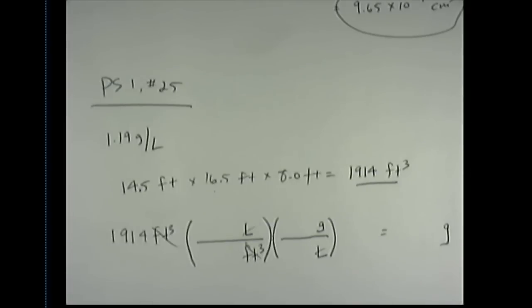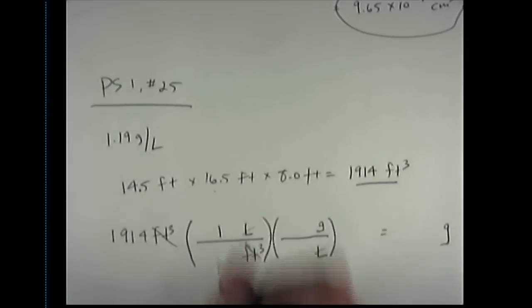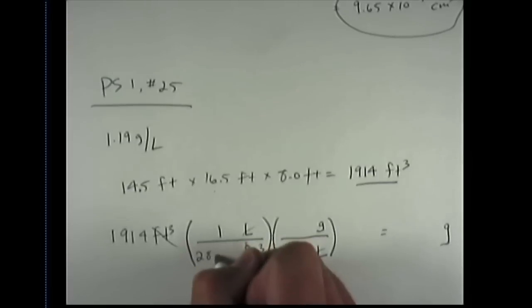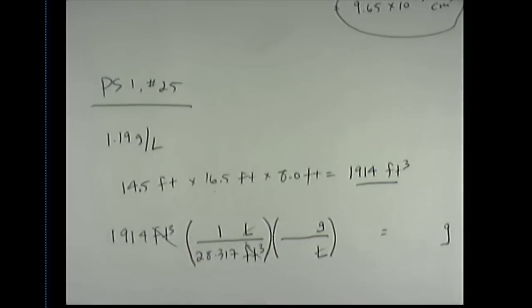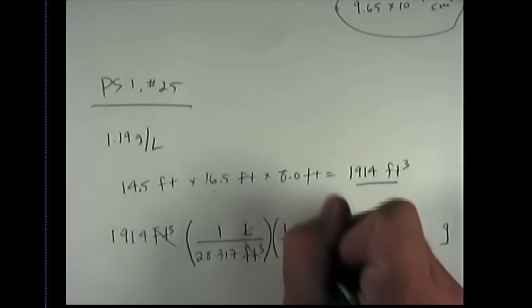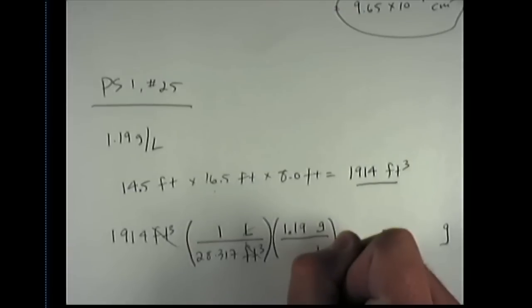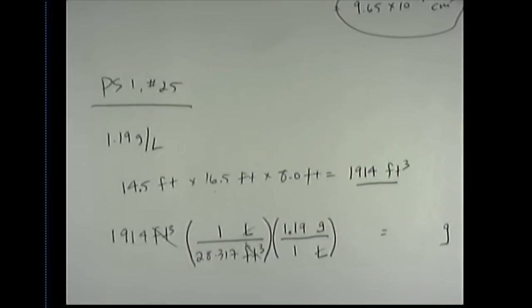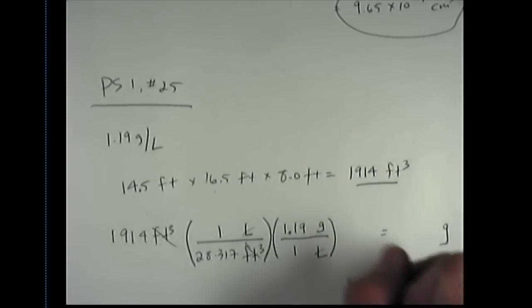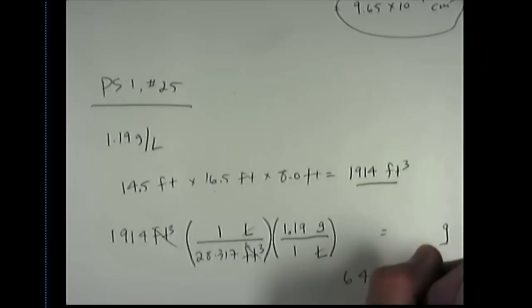I've been told in this problem that in 1 cubic feet, there are 28.317 liters. I've also been told in this problem that for air, there are 1.19 grams in 1 liter. Have I put all of my numbers in the proper place? Yes, I have. If I pump this through my calculator, the final answer I end up getting is